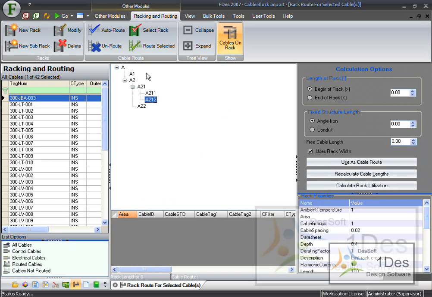So what I'm going to do, I'm going to click on A212, click on auto route, and tell it, okay, this is the route I selected for this cable. Now we can go to our right hand side with the calculation options. We can choose either this cable jumps off so many units from the beginning of the rack, or so many units from the end of the rack. So let's say just before the end of rack 212, 3 units before that,